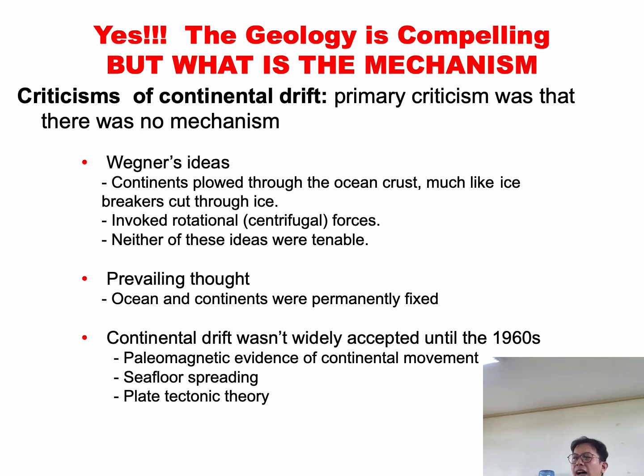Okay? That is why Wegener was highly criticized. And then, continental drift wasn't widely accepted until the 1960s because of this paleomagnetic evidence of continental movement, the seafloor spreading, which we have well discussed already, and the plate tectonic theory. So we will tackle only this paleomagnetic evidence or the magnetic reversal evidence because we were not able to cover